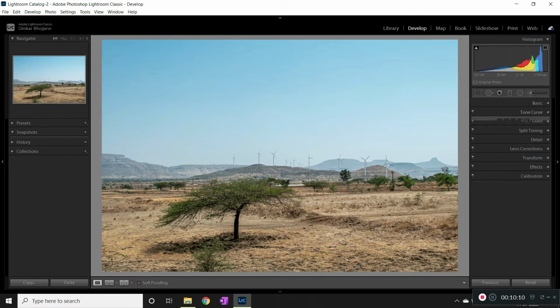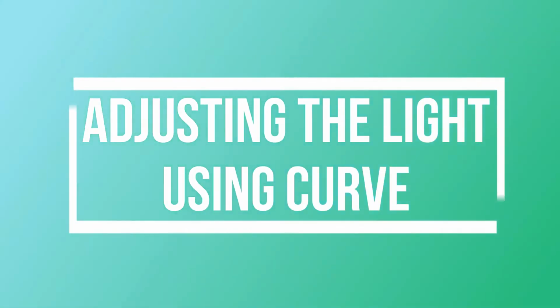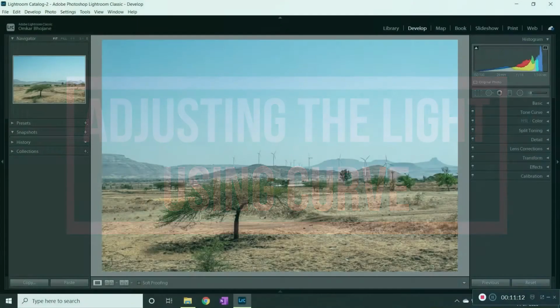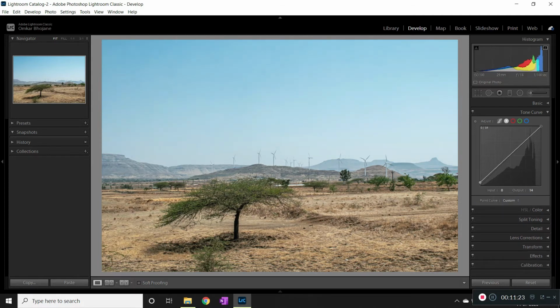So now I'll be playing with the curves. I'll open this tone curve tab, and in that I'll click here, and I will increase the overall darks. I'll brighten this up. Okay, I think this looks perfect, and I'll make it a point over here.